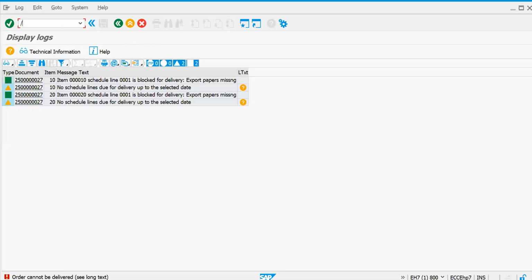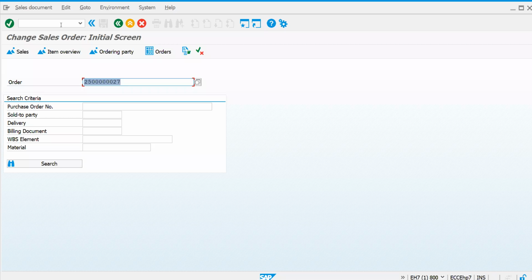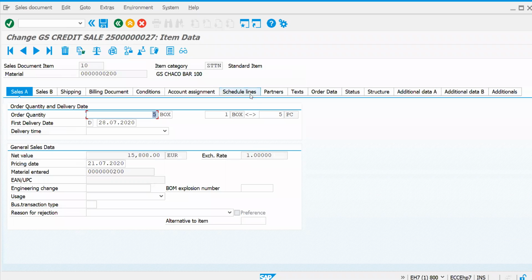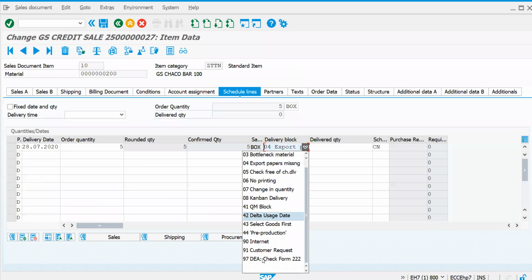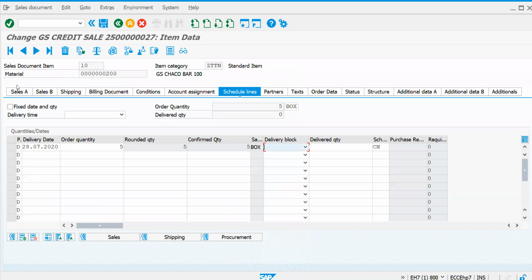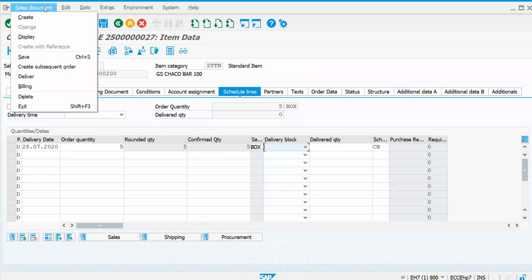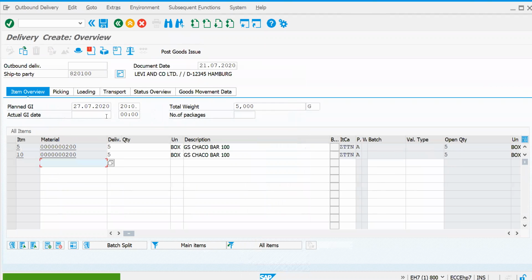These 2 line items again got a block. Let me try to remove this one at schedule line level. As per our previous discussion, we kept this block at the time of discussing our schedule lines. This is not a hurdle for us. Let's try to create a delivery now.